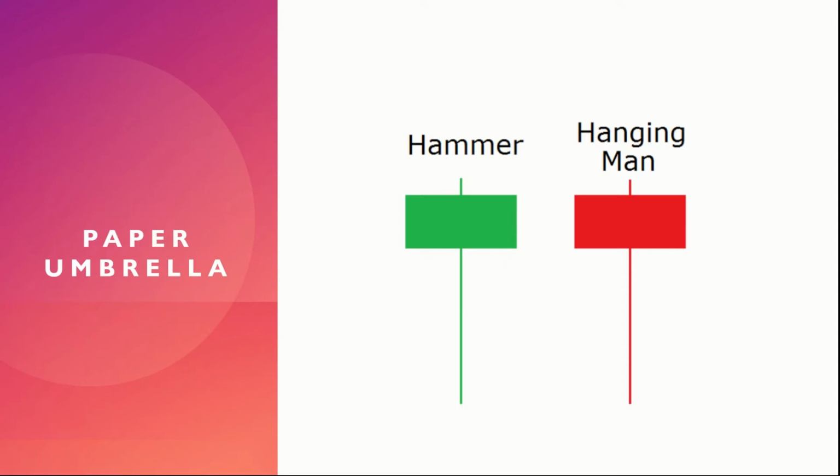Similarly, let's have a look at the formation of the hanging man. We will assume that the market was in an uptrend. Every day when the market opens, it opens at a new high and closes at a new high. On the day when the hanging man formation happened, the bulls as usual tried to push the prices higher. However, there was a lot of selling pressure in the market and we see the bears returning into the market and pushing the price all the way down up till here, and that is why we see a long tail.